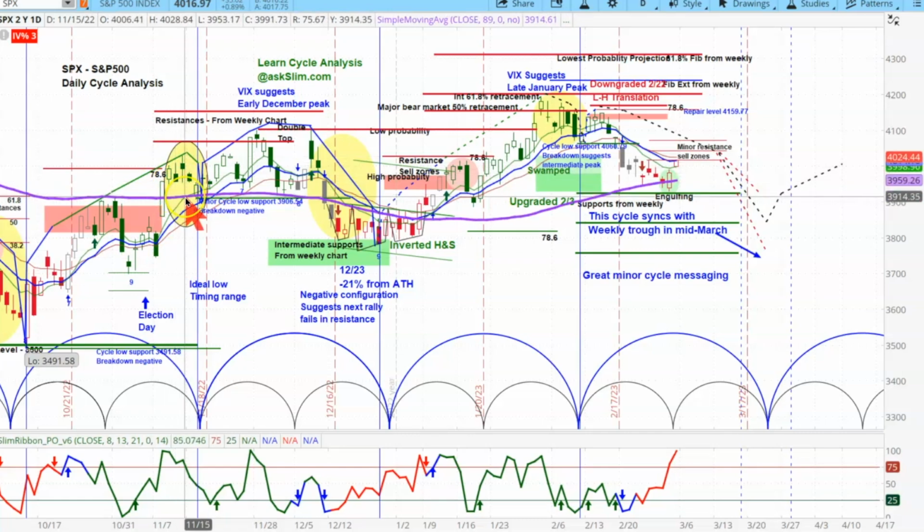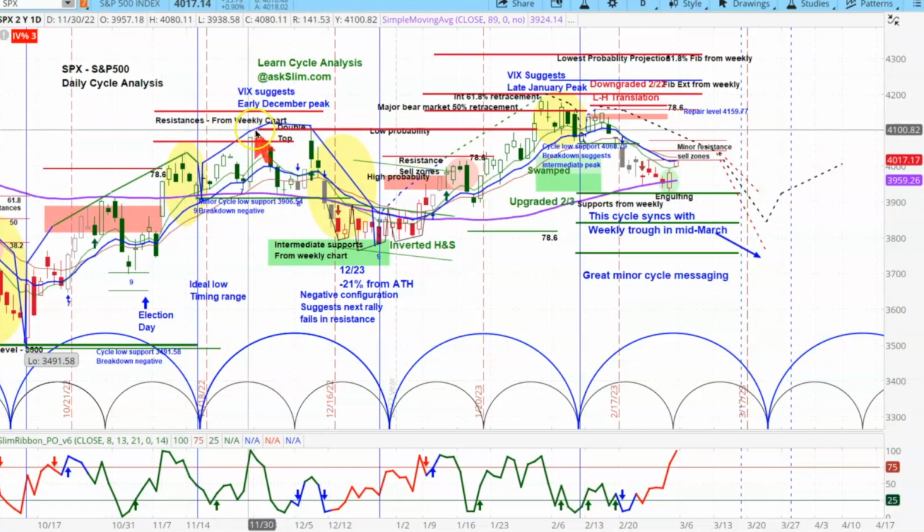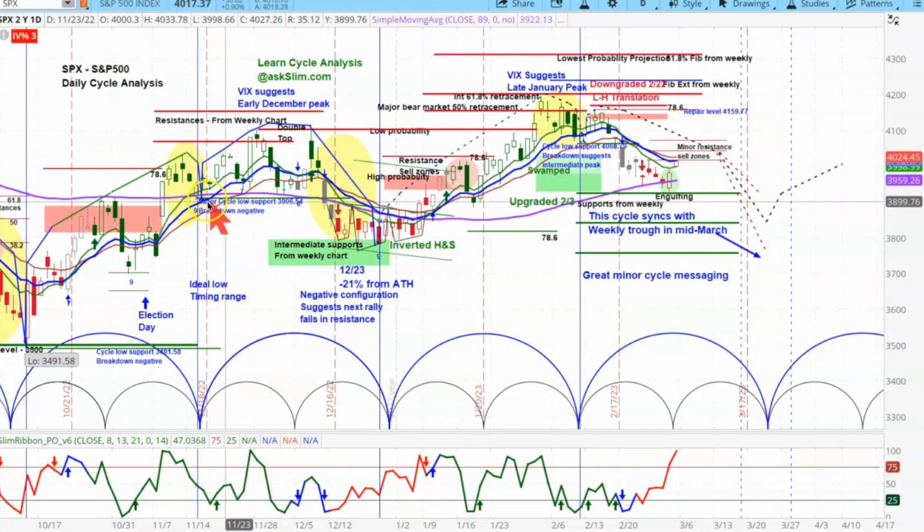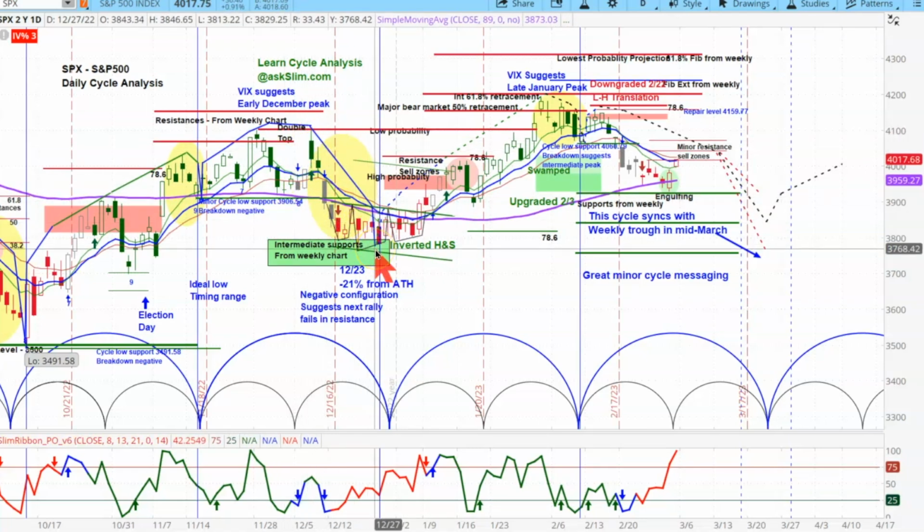These yellow areas are the periods of risk, and when they occur late here, there's not a lot of time for them to decline. When the peak is earlier in the cycle, and you could see the minor cycle right over here that almost broke down, that's the negative messaging right there, the failure at the peak, and then breaking under here and declining for another week and a half.